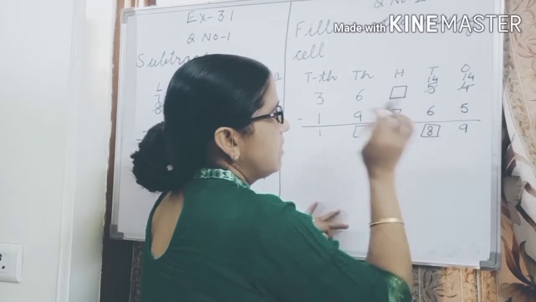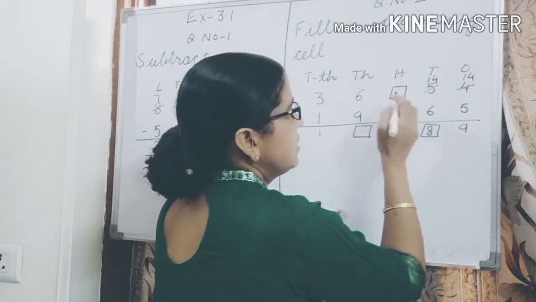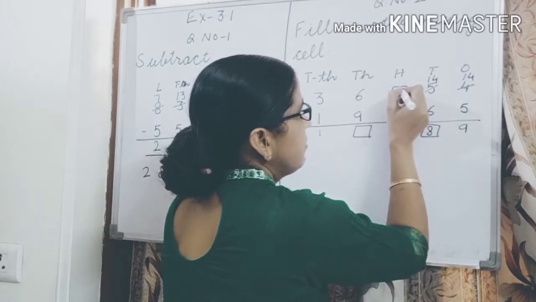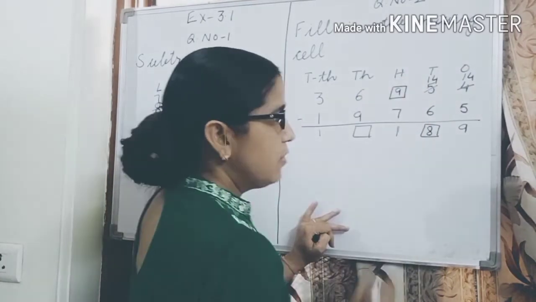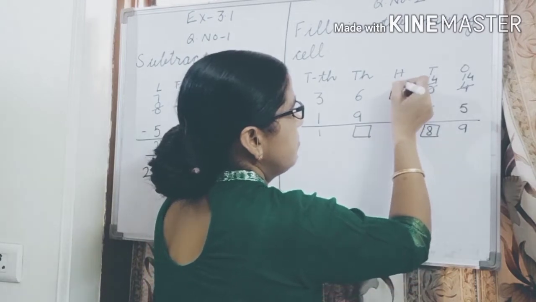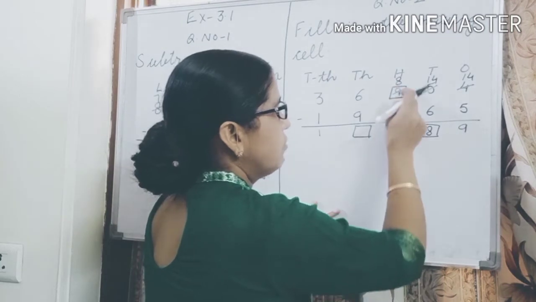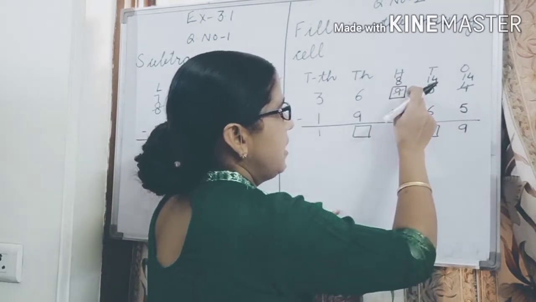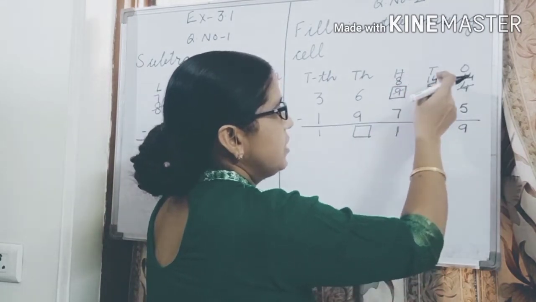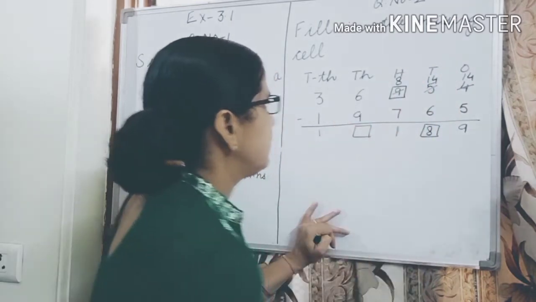But we have taken one borrow from this number. Then this is not 8. We have to write down 9 here. From this 9, this 4 has been taken, then it becomes 8. Then in the box you have to write down the 9. It will give one borrow, then it will become 14 and it will become 8. 8 minus 7, 1. Now 6 minus 9, again not possible.